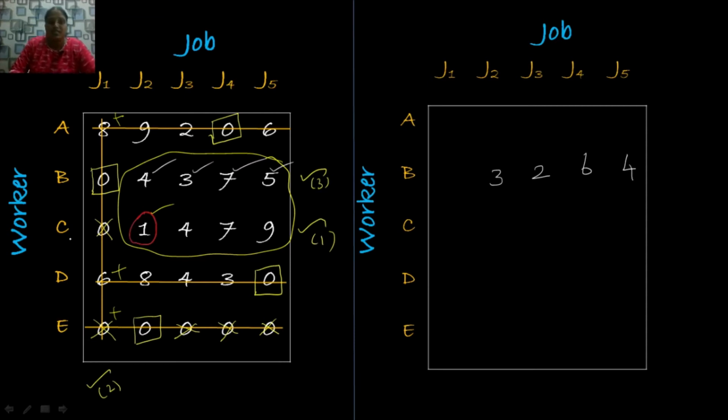Next, for the third row, 1 minus 1, 0, 4 minus 1, 3, 7 minus 1, 6, 9 minus 1, 8. The next we have to add. So at this position we have to add, since it is a point of intersection of the two straight lines. So 8 plus 1, 9.